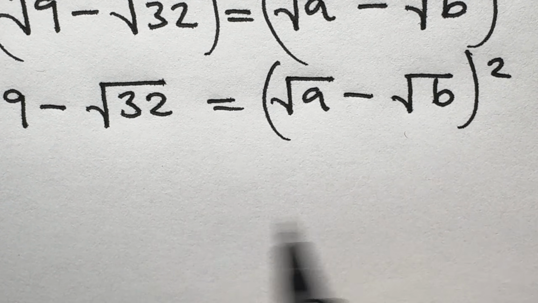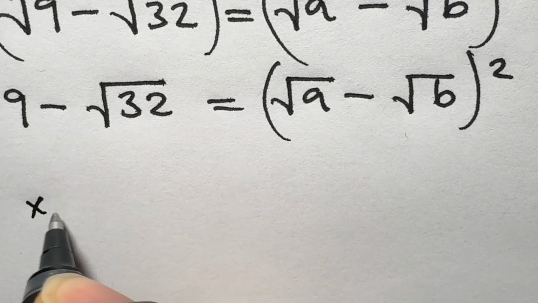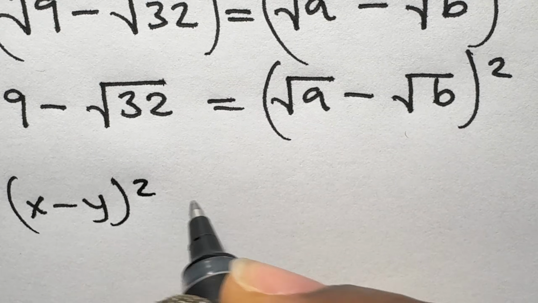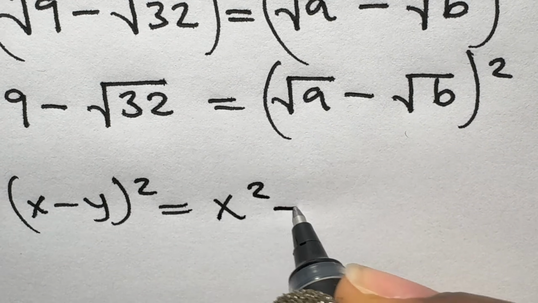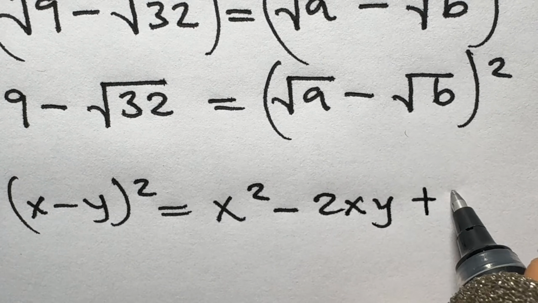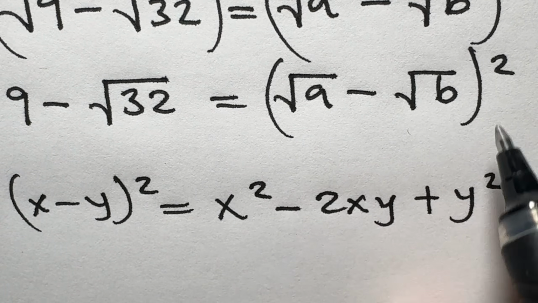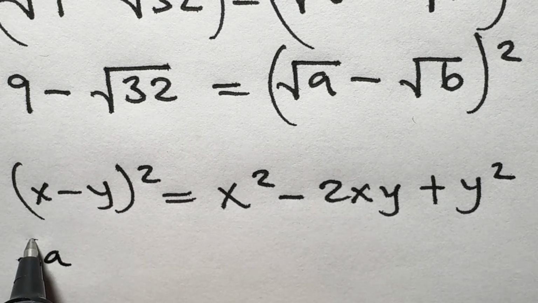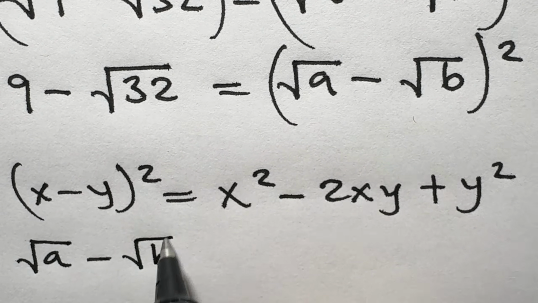To open up this bracket, given x minus y squared, this will give us x squared minus 2xy plus y squared normally. So to expand this, square root of a minus square root of b squared